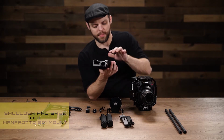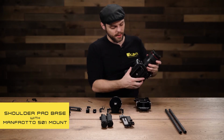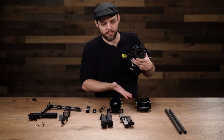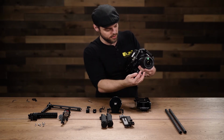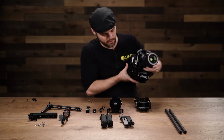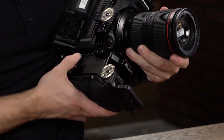And this shoulder pad has a Manfrotto 501 attachment, so any type of Manfrotto 501 plate works with it. The reason why we did this is because we actually wanted to make a system that uses the standard Manfrotto 501 plate. And if you have like a rod system here with a bunch of attachments on it, you can basically just detach this from the shoulder pad and put it onto a Manfrotto 501 standard tripod head. To attach this, you simply just slide it in, tighten it,